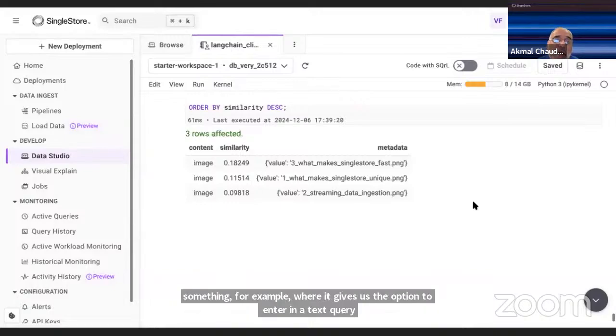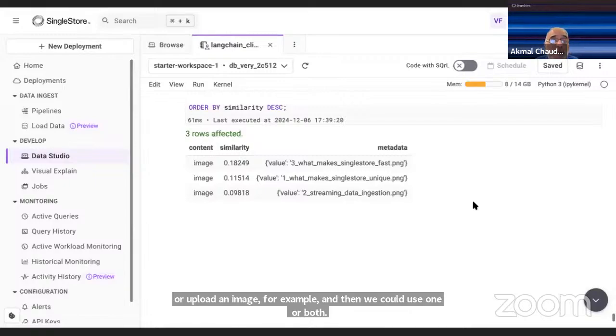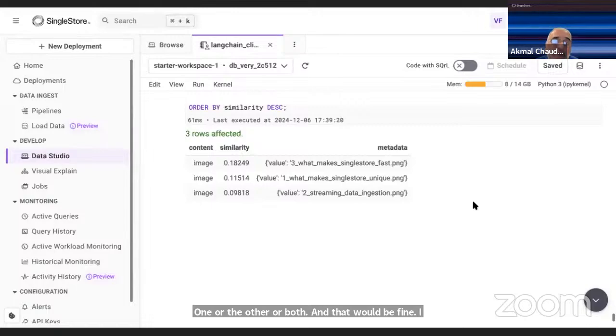We could use one, the other, or both, and that would be fine. That gives us the ability to query that data based upon the vectors that it can generate from those, and it can do so using CLIP.